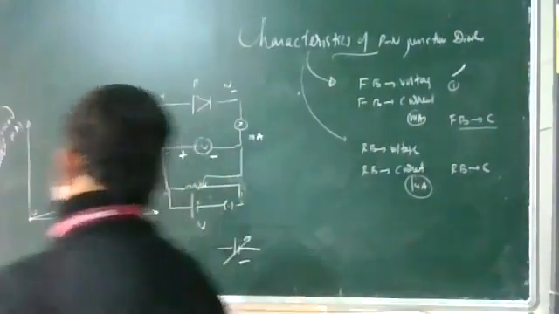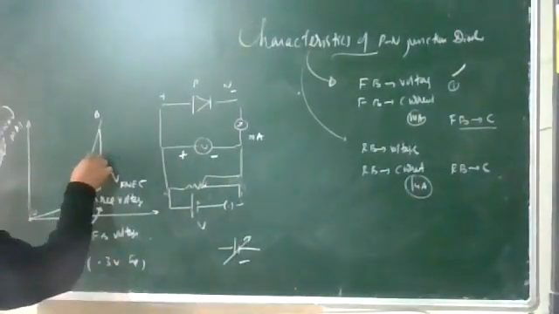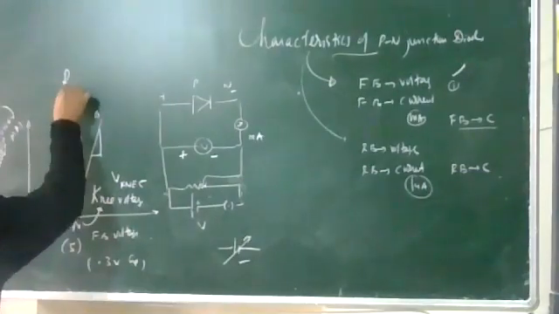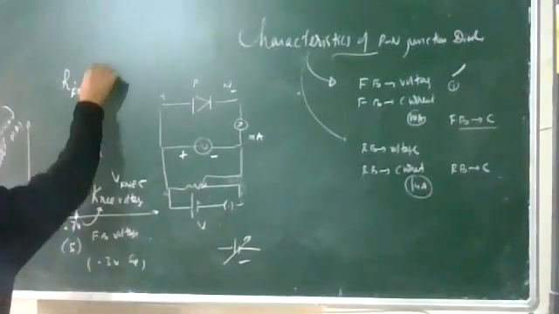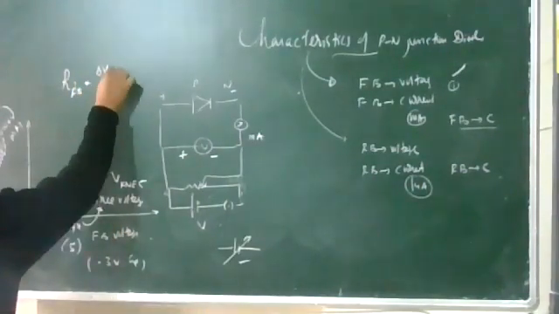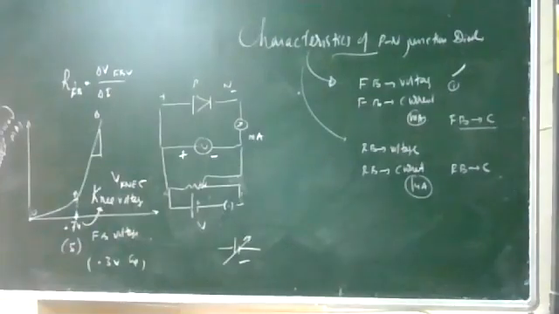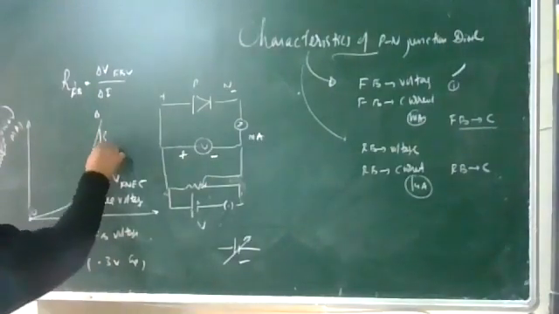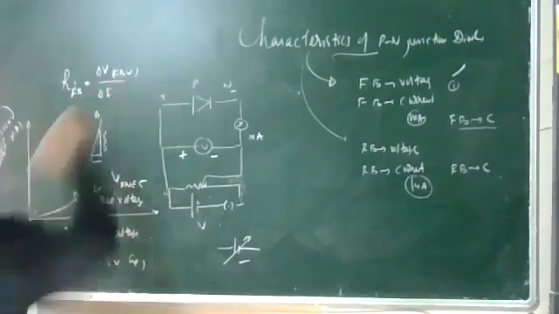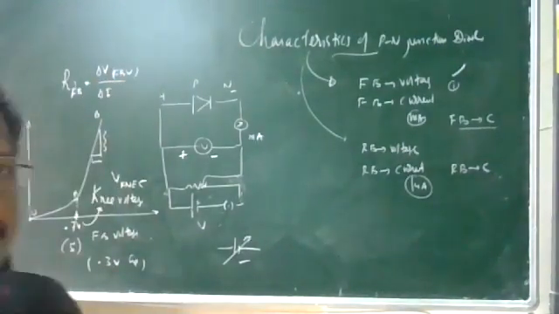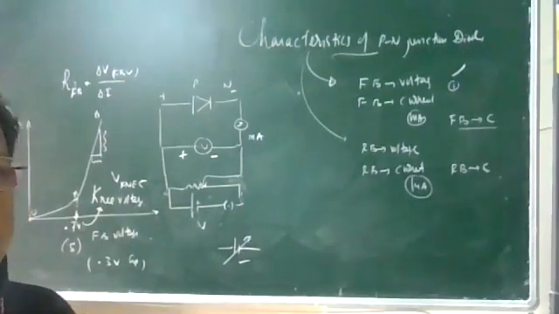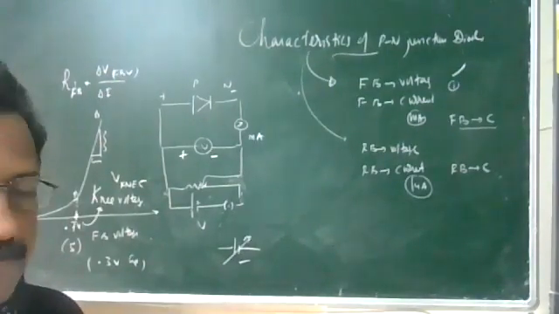How to find out the resistance? You can take a slope. Forward resistance, or FB resistance: you can find the change in the forward bias voltage divided by the change in the current. Delta V upon delta I; you can make a triangle. So delta V for forward bias voltage upon current, you will get the resistance. So this is the forward characteristic.